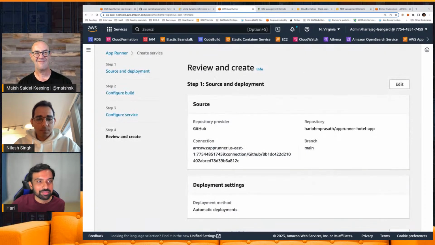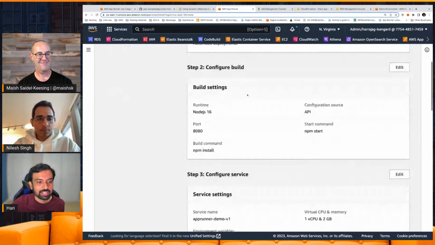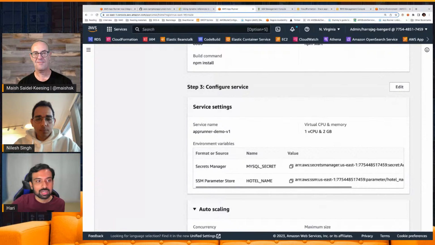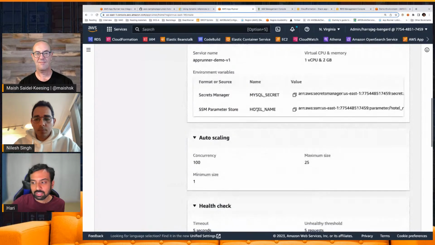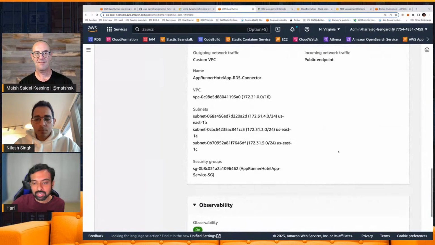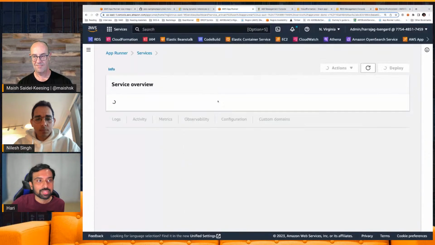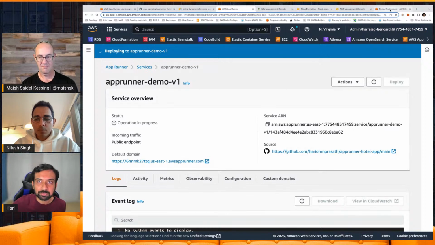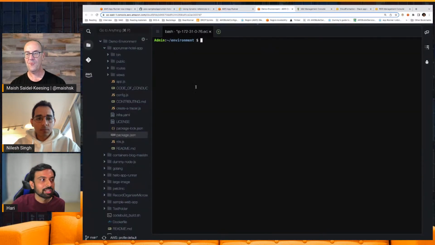Okay, so that said, I think we have everything here. You can also go ahead and review the integrations that we have provided here, as part of the review screen, and that's pretty much it. So I'm going to go ahead and click on create and deploy. So as you know, it's going to take like 3 to 4 minutes to complete. So this is the right time for us to jump into the code to understand how all these things come together. Okay. So I have a Cloud9 instance where I have actually done a Git clone of the App Runner